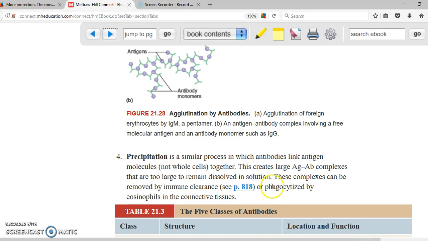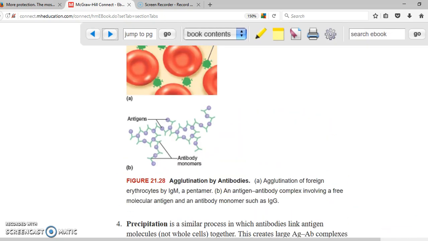But this precipitation can be removed by phagocytosis. So that's how the last step, which is called attack, is presented here by these 4 different steps that the antibodies can take in order to render the antigen